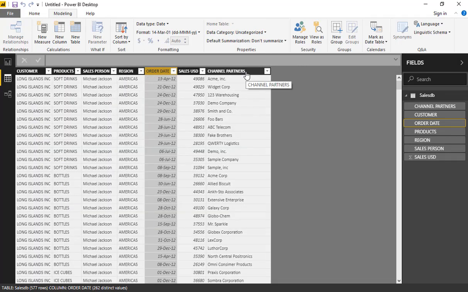So what I will do is insert two columns. The first column will extract the month number from the order date column, and the second column will extract the month as a description from the order date column.